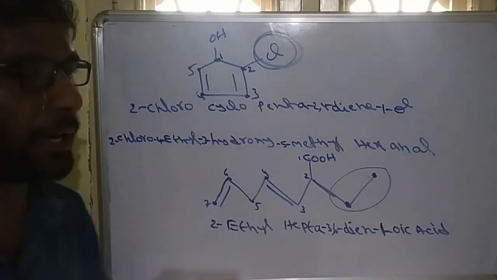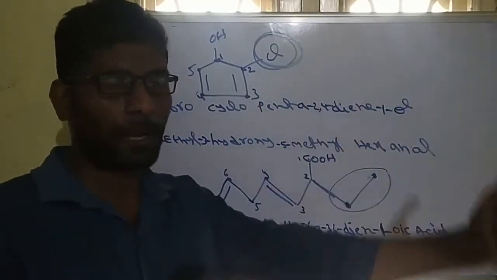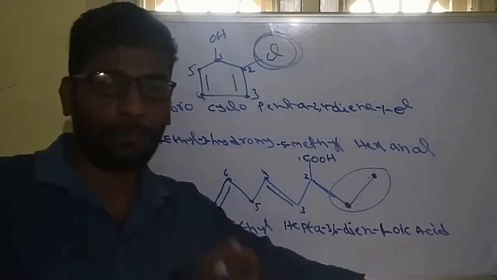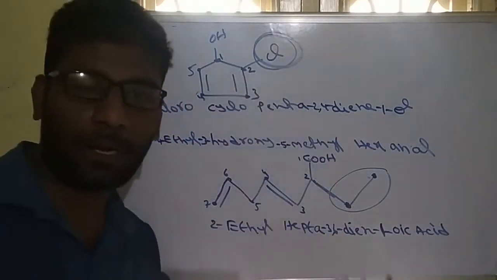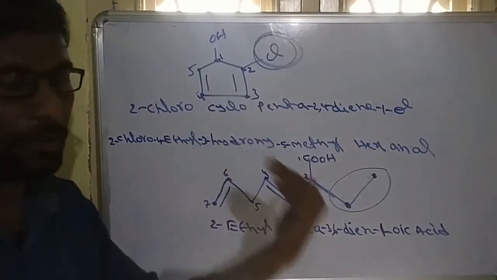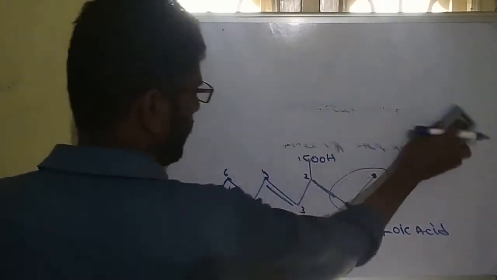Only rules are important. First, remember the sequence. First, we have to write root word, primary suffix, secondary suffix. Before the root word, primary prefix, secondary prefix. So, functional group order we have to remember, which is the major one, which is the minor one. So, these are the IUPAC names. There are some exceptions also there. What are the exceptions?